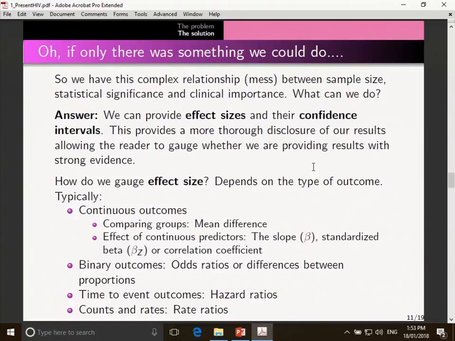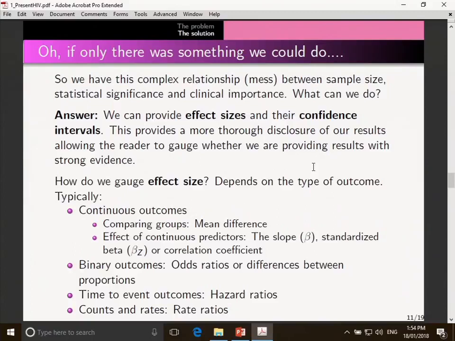So if only there was something we could do about this complex relationship, a mess between sample size, statistical significance, and clinical importance, particularly in this complicated situation of observational studies. There is something we can do. First of all, we can understand what it is we're looking at. We can insist that an author produce effect sizes and confidence intervals, not just p-values from chi-square tests, for example. So this provides a more thorough disclosure of our results,